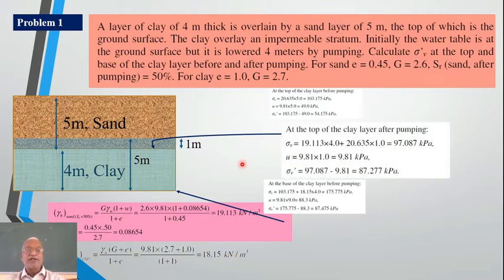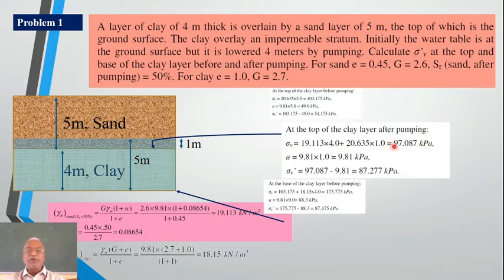Now if I write the expression at the top of the clay layer, we have gamma B H1 plus gamma saturated of sand multiplied by H2. Let's say 19.113 into 4, that 4 meters, plus gamma saturated of sand, 20.635 into 1. Yeah, this is the total pressure after pumping,